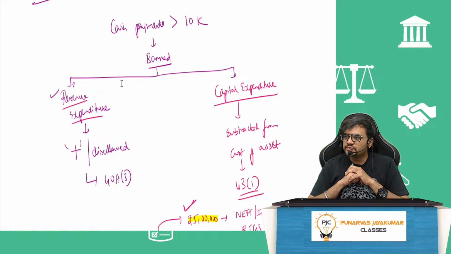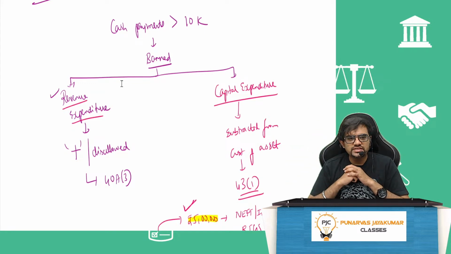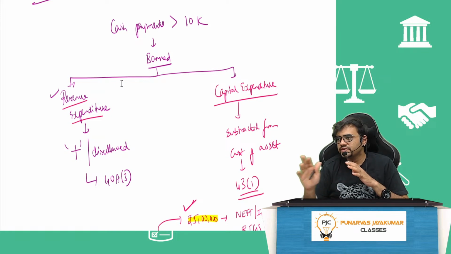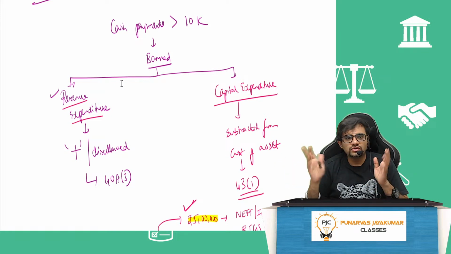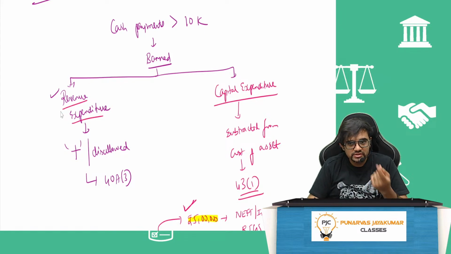If it is a revenue expenditure, for example, I went and bought some cakes or sweets. I paid 11,000 rupees cash to Sri Krishna Sweets for all the employees and students. In my P&L account, can I say paid to Krishna Sweets for sweets 11,000 in cash? No. The assessing officer will disallow, means he will add back. So if it's a revenue expenditure, in my example sweets, it is plus disallowed, under Section 40(a)(3).